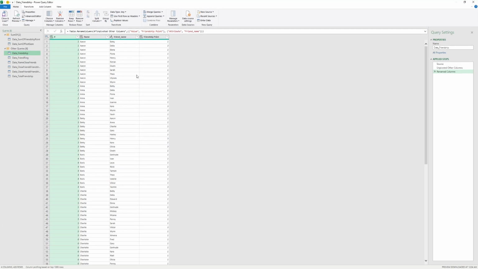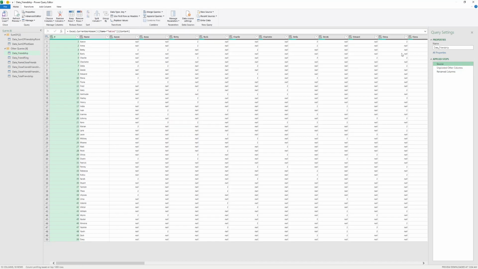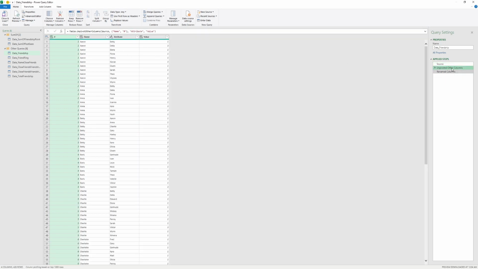So let's see here. The first one is from that table named Table 2. It's just to get the data from that. And the first step is to unpivot other columns here and rename something. And the next step,